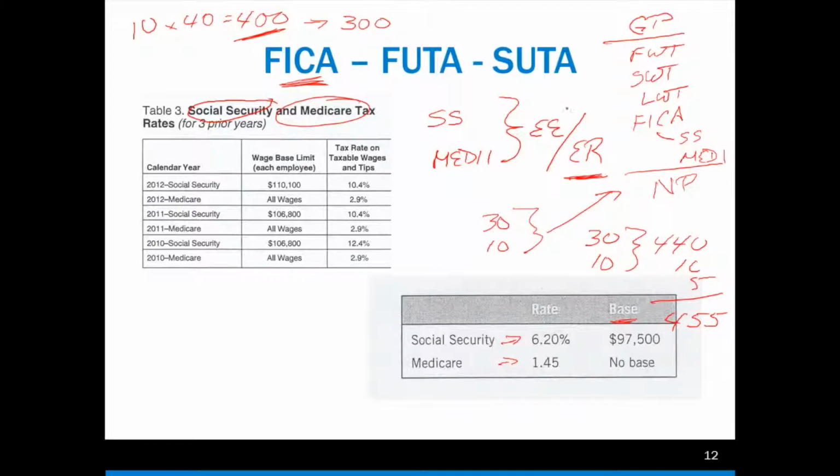Okay, that's because of these additional employer contributions that they have to make, that you never see in your paycheck. Right now, we understand Social Security is in there for when you hit retirement age and you start collecting off the government, and Medicare is there for health insurance when you hit retirement age. The FUTA and SUTA, like I said, are federal unemployment and state unemployment, and what that is